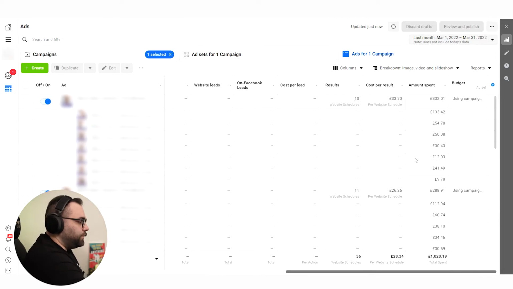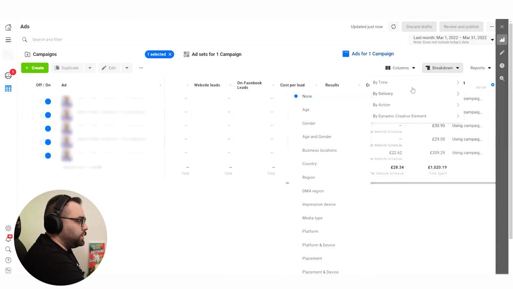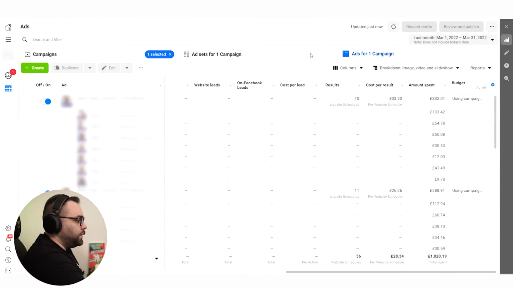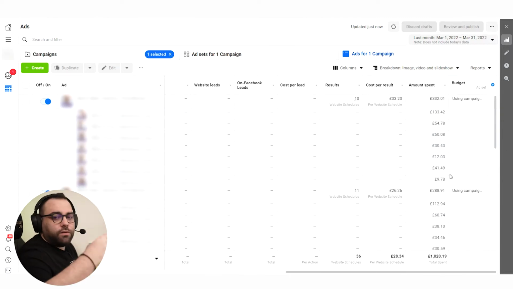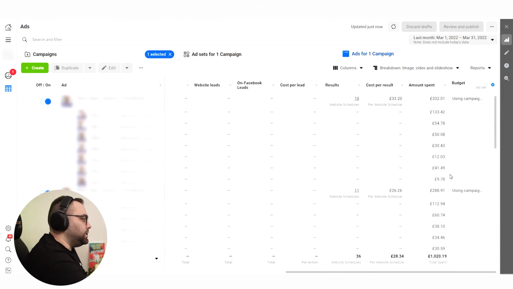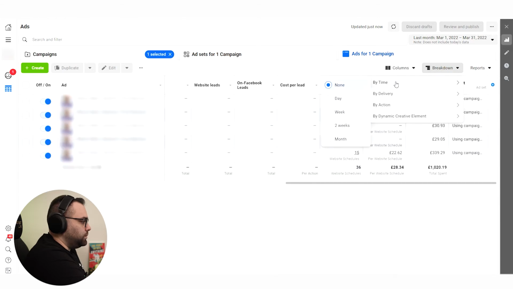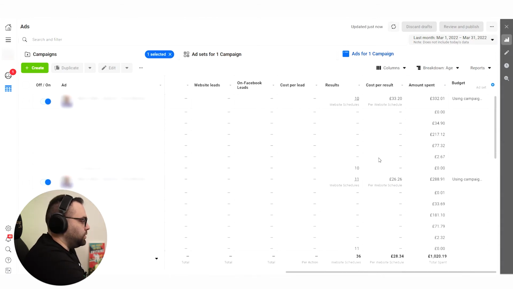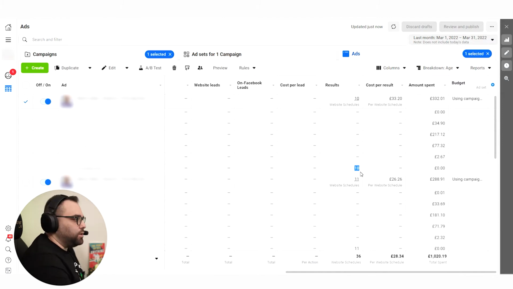So basically here, one thing that I want to show you is that you are not able to do this. By the way, when you break down by dynamic creative and you choose image, it's actually broken. The breakdown of gender, ages and stuff has been broken since the iOS changes, but let's discuss this. Since we've seen a change, age is not working anymore, okay? Everything is in uncategorized, it cannot track.